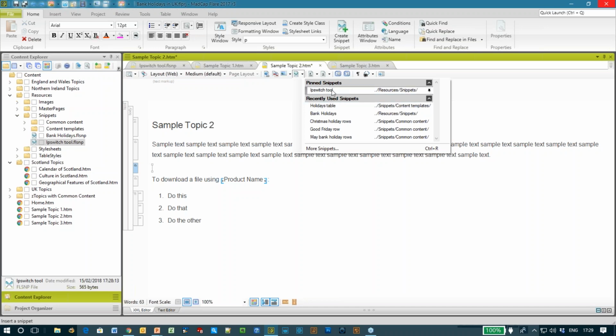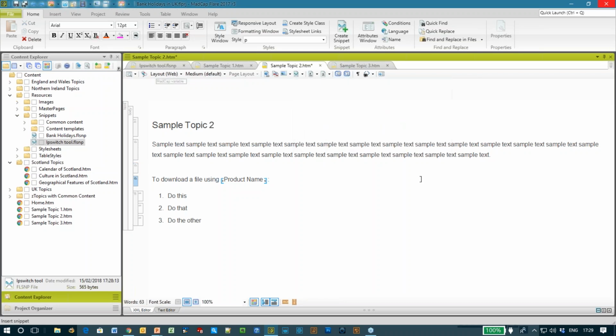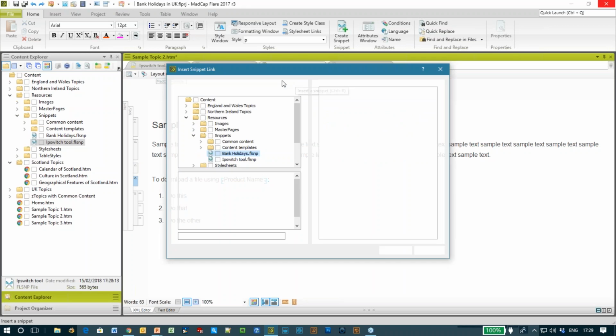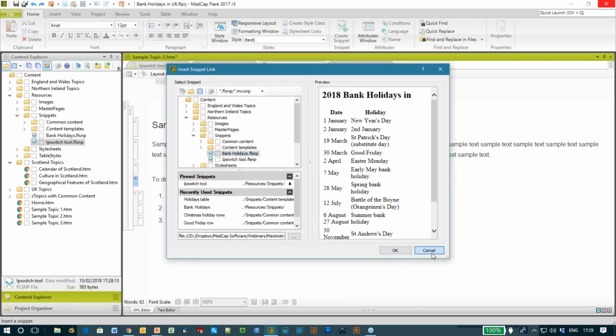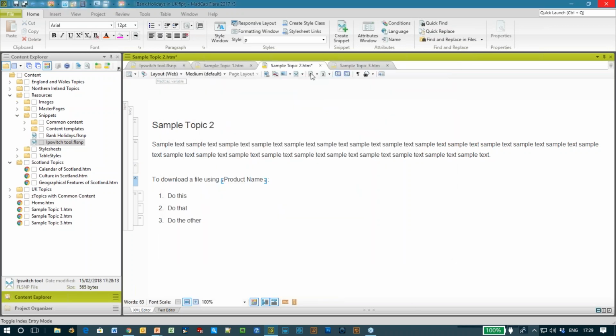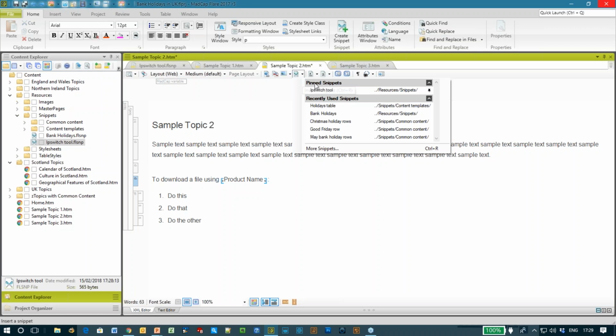So I thought, yeah, that could be a useful snippet tomorrow or next week as well. So why don't I pin it, which means whenever I click on the insert snippet button from now on, that snippet is going to be right at the, oh, excuse me, I just clicked on the button itself rather than the drop down. If I click on the drop down, that pinned snippet is always there at the top